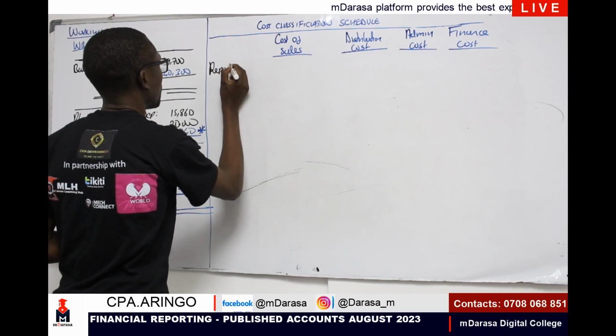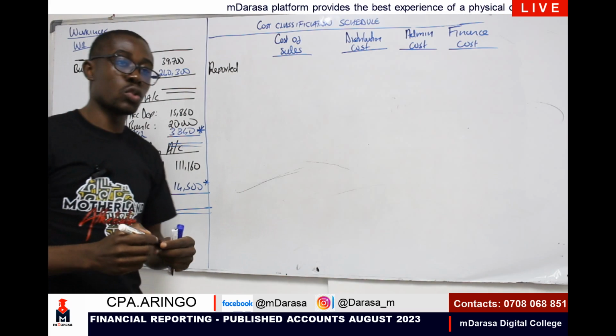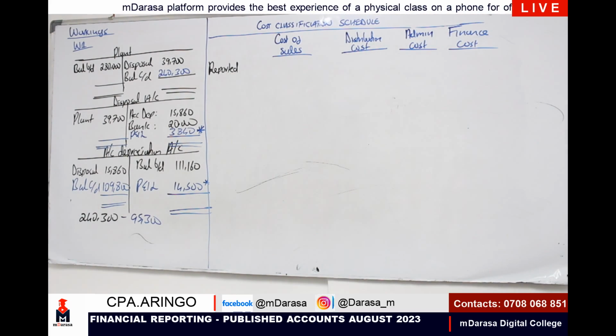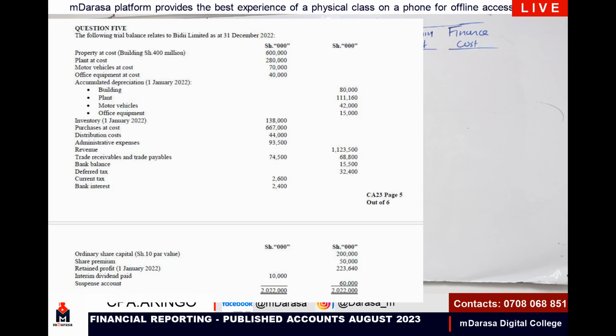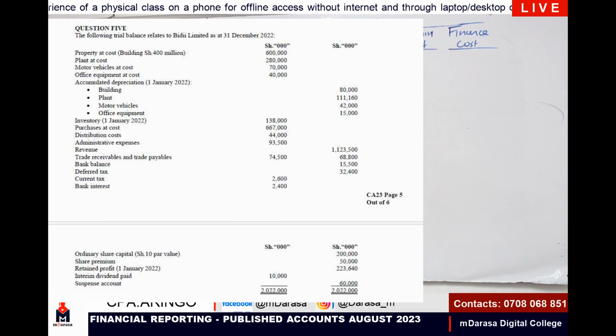What was reported here? In our cost of sales, you can determine it very easily. I want us to use our calculator to determine that cost of sales directly. By now, you know cost of sales, you normally tend to talk of opening inventory. Are you given opening inventory? Yes, you are given 138,000. You add your purchases. You're given our purchases just below opening inventory, of 667,